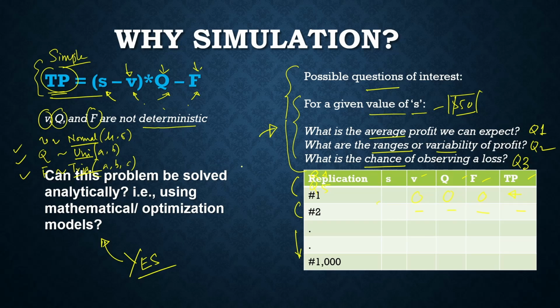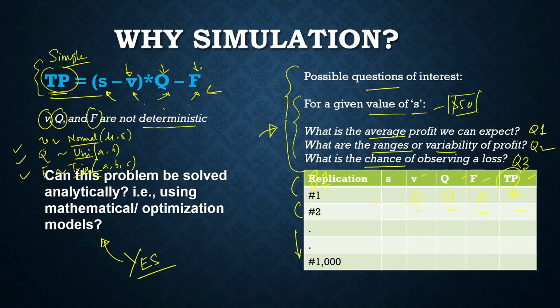So you choose to have n number of replications, and you can have these V, Q, F values and TP values calculated for all these replications using the simulation approach. How to do that? We have not discussed this right now. We will discuss that after some time, but please understand the concept here. So for each replication we will have one value of V, one value of Q, and one value of F, and then using these three and this equation we will calculate the value of total profit